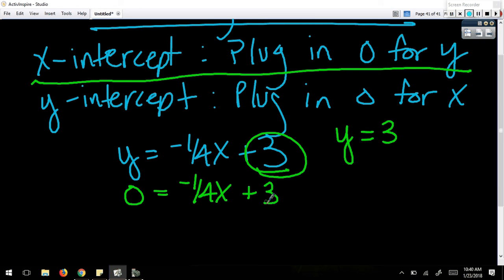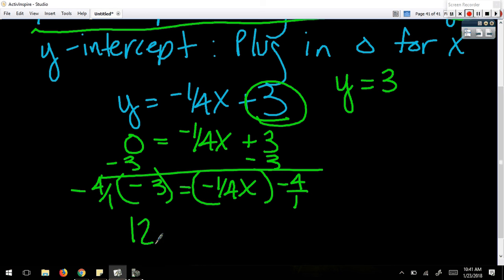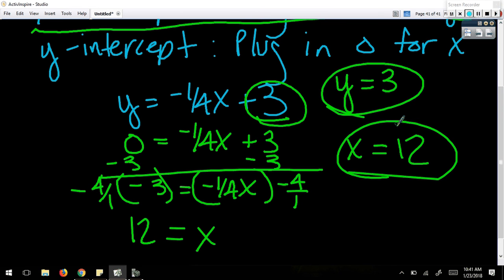How do you get x by itself? What do you do first? Move the 3. Boy, y'all must really be asleep. How do I get rid of the negative 1/4? Divide, but I don't want to divide by a fraction. What would I rather do? Multiply by the reciprocal. Negative 4/1. What's negative 3 times negative 4/1? 12. So there are my two intercepts, even though it wasn't in standard form to start with. Does that make sense? Yes, no, maybe so? All right, let me give you